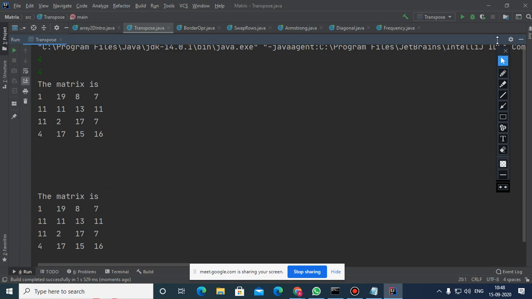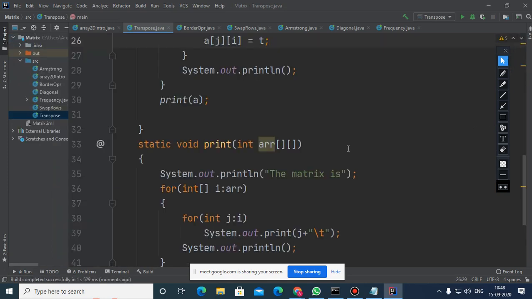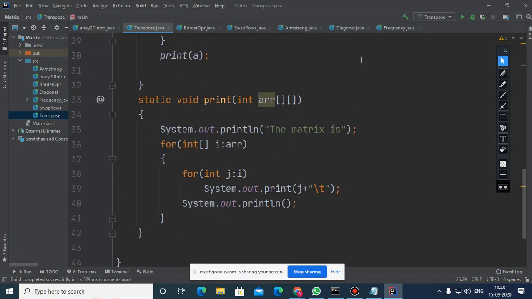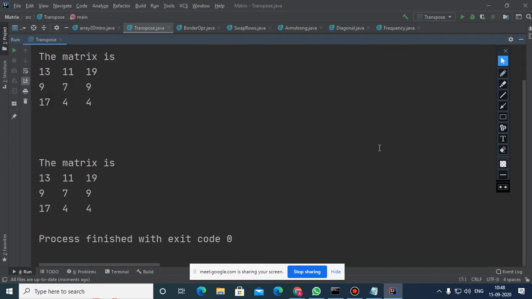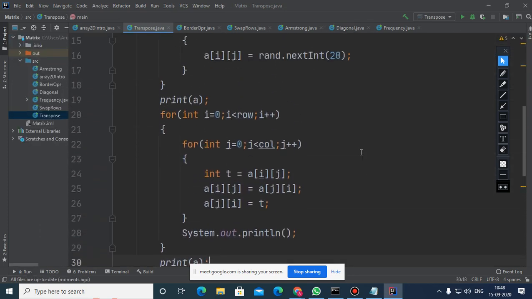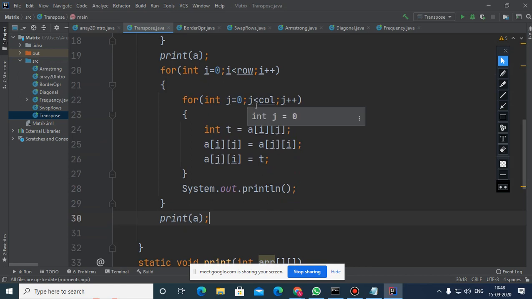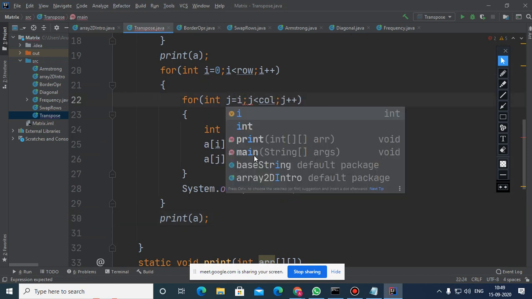But this time, output is not coming. Okay, see. The reason is, actually, here once it got transposed and then further again it got reversed. Actually once your transpose was done, but when it reached that triangle in the upper part, then again swapping was done. So better if you write i, see what happens.